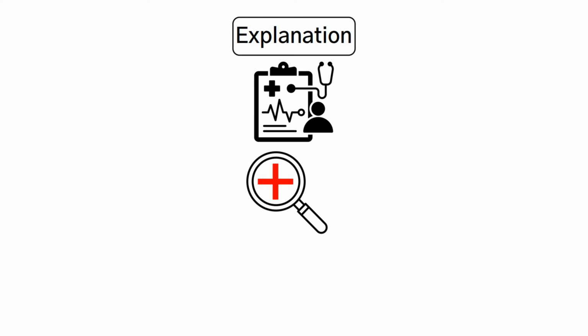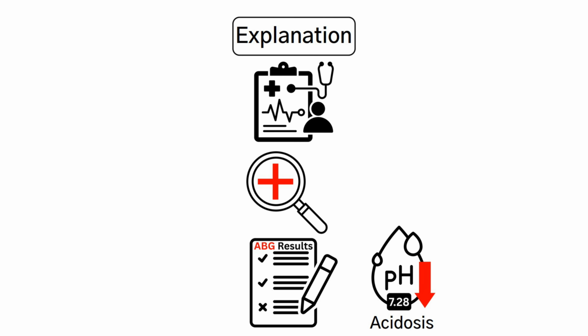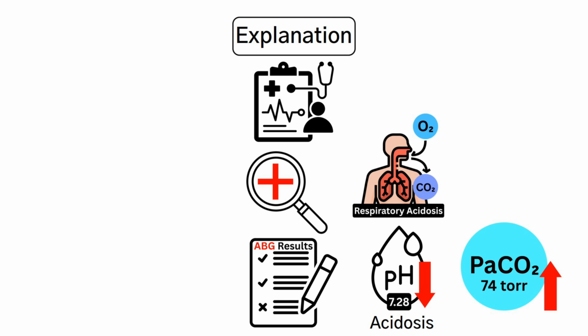Explanation. To determine the best course of action, let's start by analyzing the patient's clinical condition and the ABG results. The pH is 7.28, which indicates acidosis since it falls below the normal range. The PaCO₂ is severely elevated at 74, confirming acute respiratory acidosis. The bicarb level is slightly low at 20, but not enough to fully compensate, which means this is primarily a